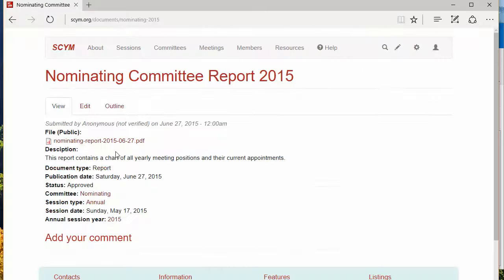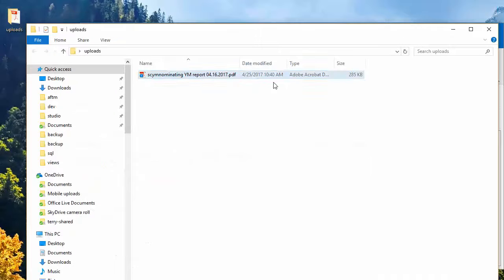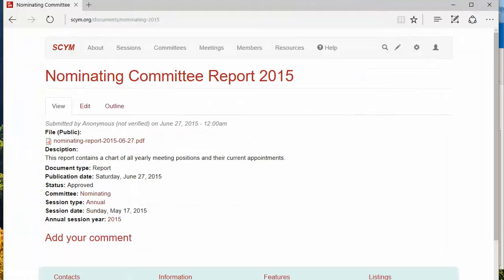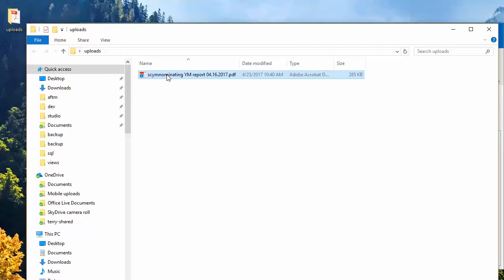If I click on the link, I get a description of the document and a link to the document. And the file name here is nominating-report- and then the date as year, month, and day. So I'm going to rename my document that I've just copied off of Bev's email. Let me look at that one more time. So nominating committee report date. So I'll make this